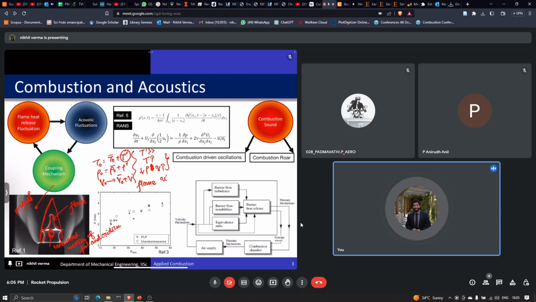So we have seen that the flame can be assumed to be